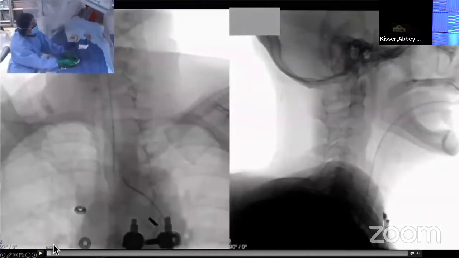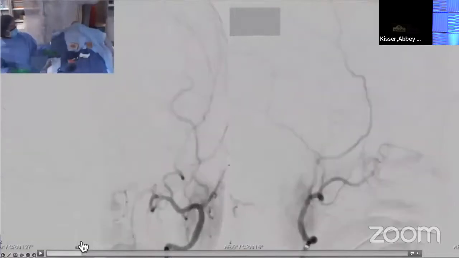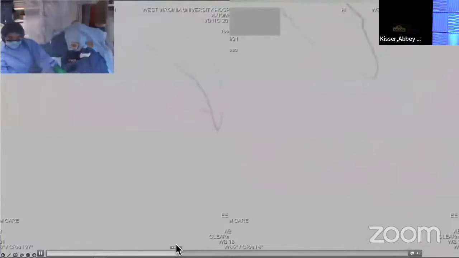So this is an example of a typical case of an MMA embolization in a patient with subdural hematoma. This is a traditional transfemoral access into the external carotid artery branches. This is the middle meningeal artery, selectively catheterized with standard neurovascular techniques using a microcatheter and wire. In this case, it is placed in the frontal division of the MMA. This angiogram shows the distribution of that blood vessel to the anterior portions of the